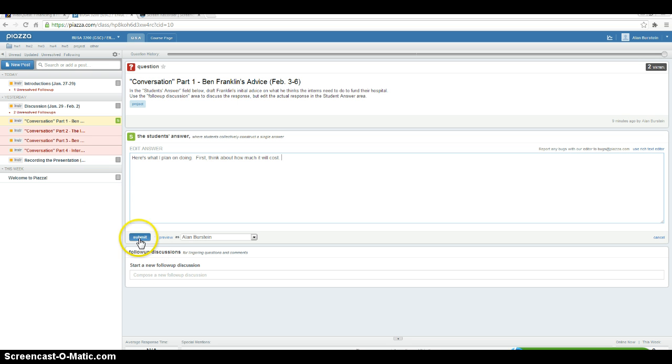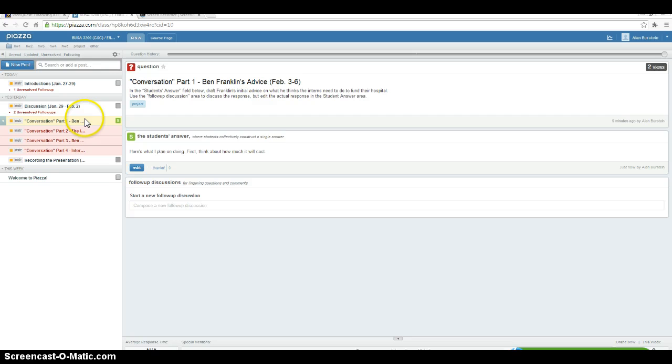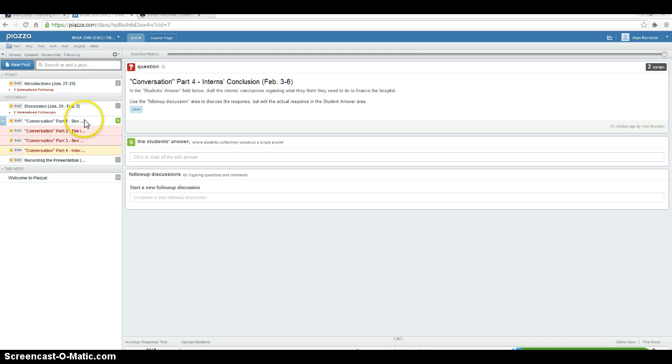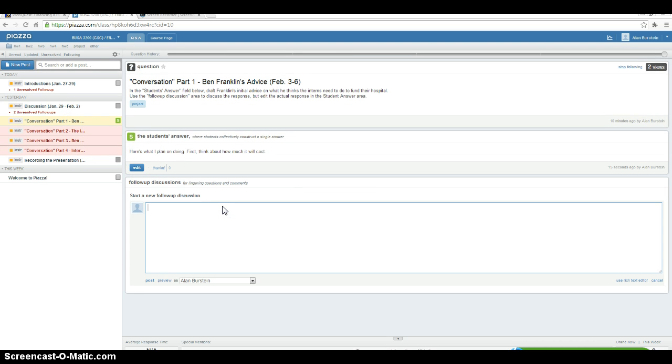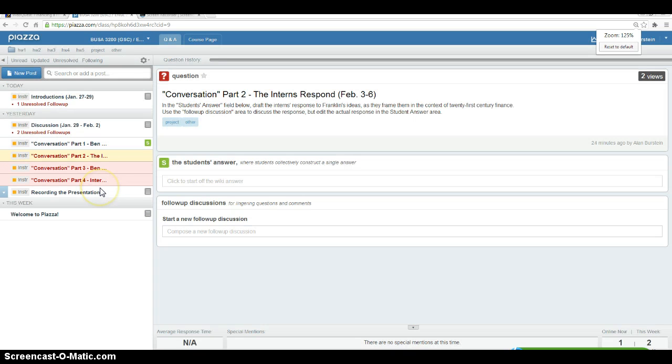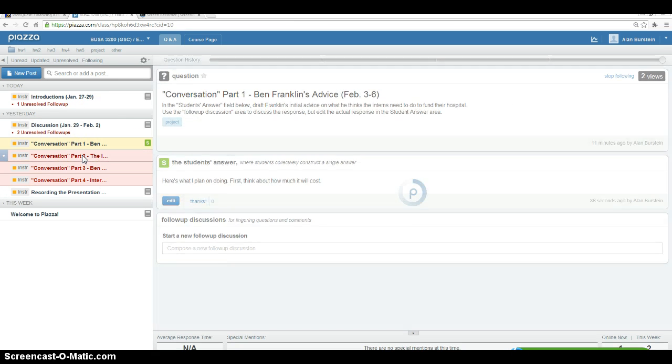So you're going to put together each segment of the presentation, that is Franklin's plan, the student's response, Franklin's response, and the student's conclusion into how they're going to fund the hospital. You're going to put those together in these four frames, and as you're doing that, if you want, you can make comments or discussions or say whatever you want to about how the presentation is proceeding down here in the follow-up discussion area. So when we're finished with this process on February 6th, we should have drafted all four segments